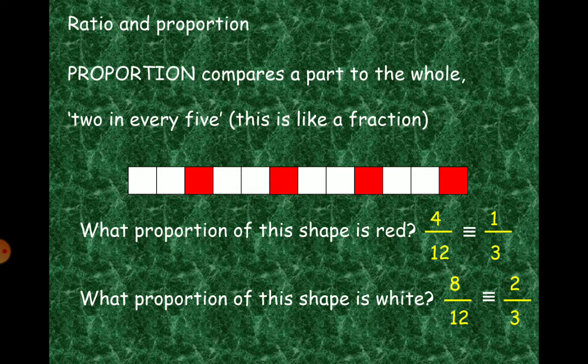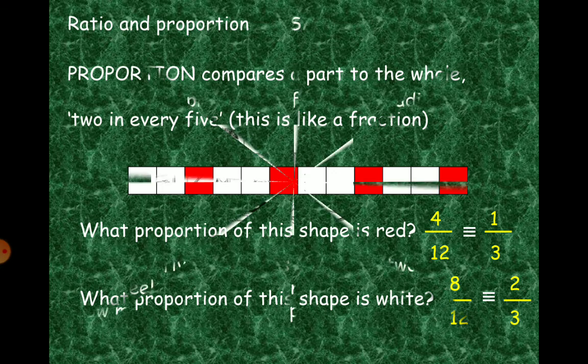Guys, in simplifying, you need to find a times table which goes into both of the numbers, because 4 times 1 is 4, 4 times 3 is 12. If you can't simplify, then you just write the answer. But if you can simplify the answer, then you have to. In some schools, simplifying is not taught. It's taught in higher classes. So if you're not taught simplifying, you don't have to simplify. If you're asked to, then you have to.